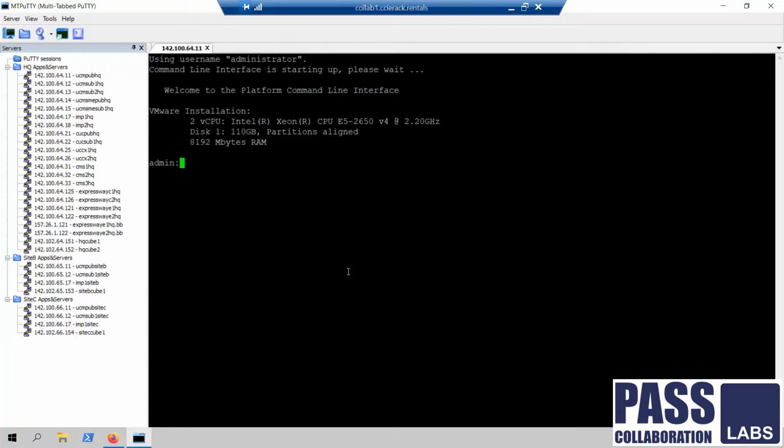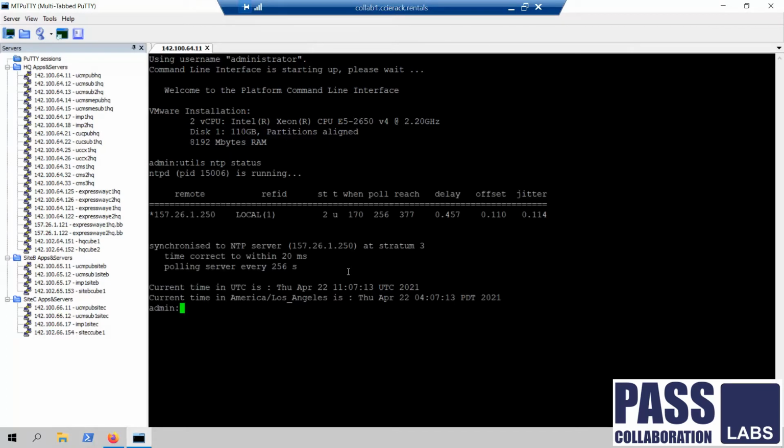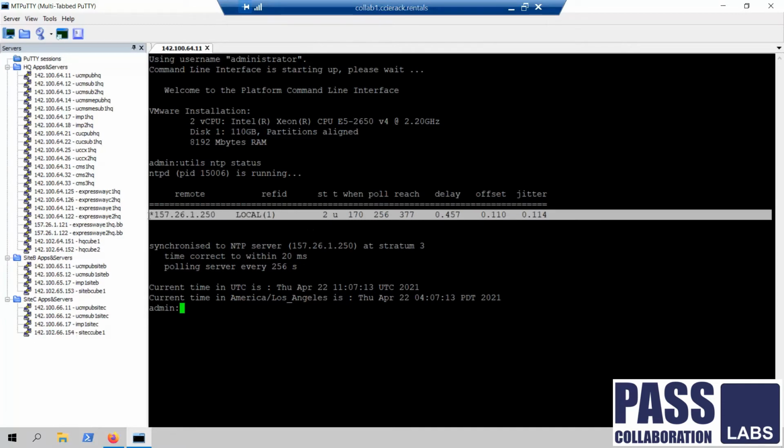To check NTP, use utils ntp status. This command will help you validate what NTP server is configured. And this is absolutely correct as per your question's requirement, that is 157.26.1.250. So we are done with HQ Publisher.